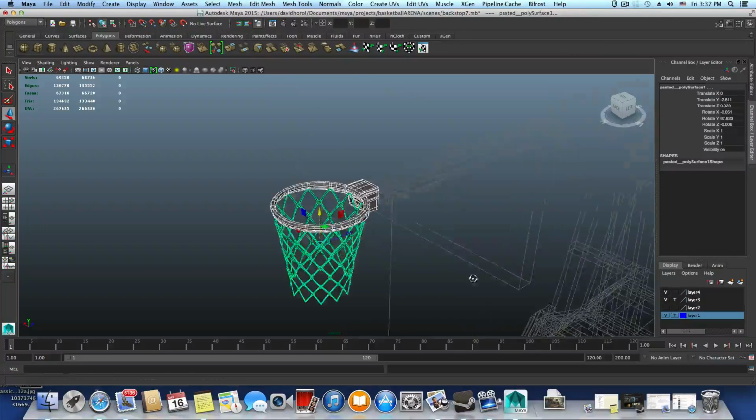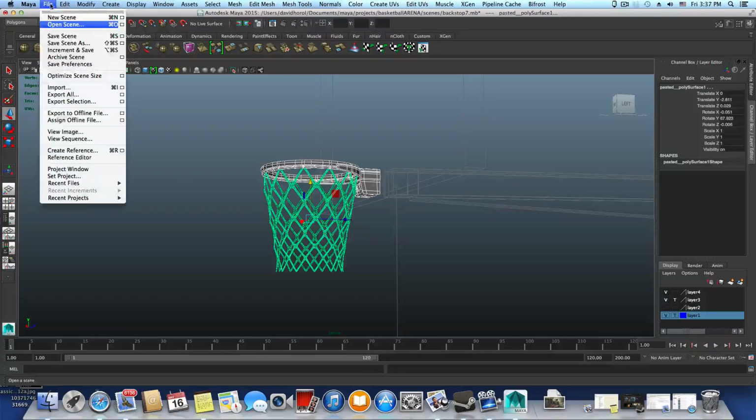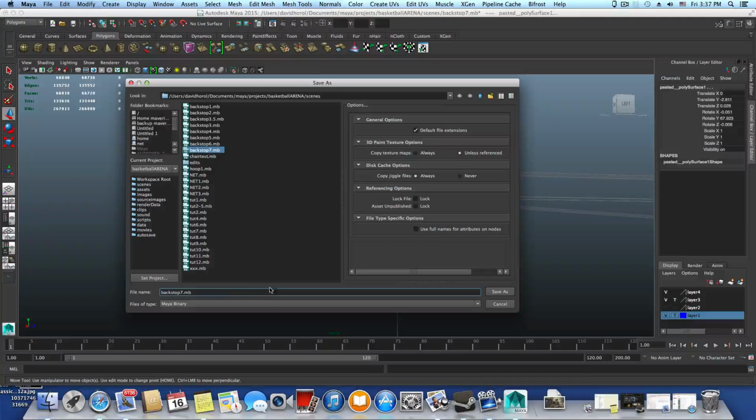So that's great. I'm gonna save this file, save scene as,